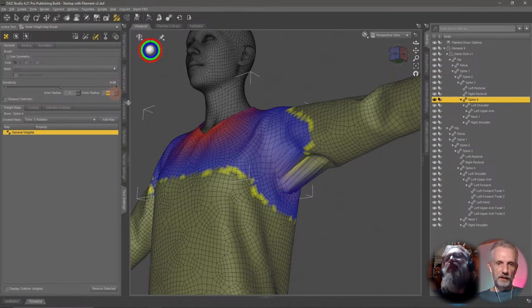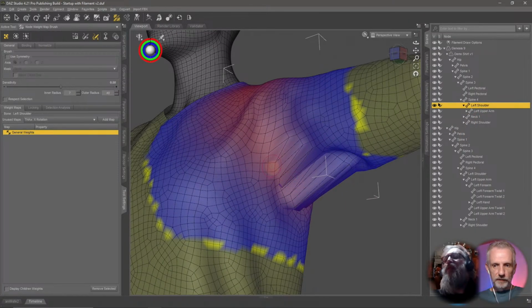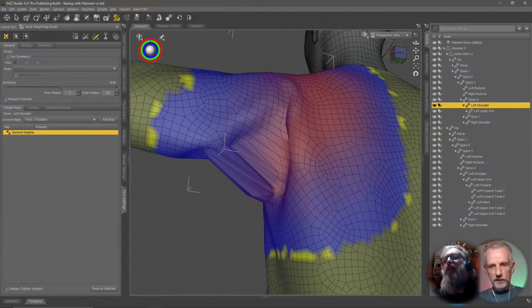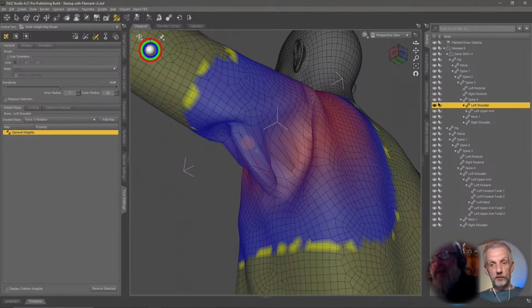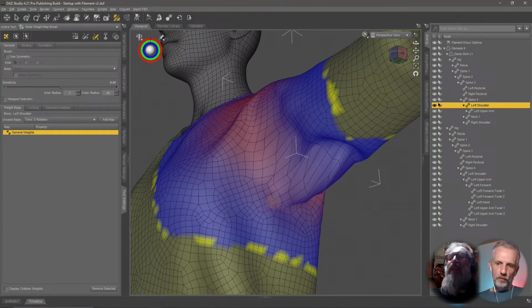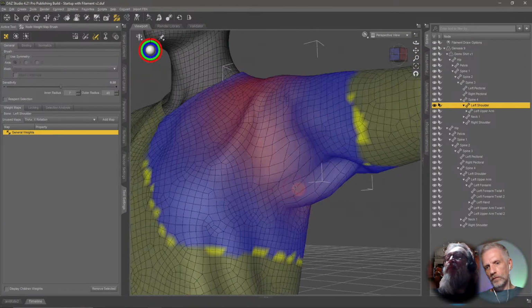I might make this a little larger here. Start with the shoulder, and just left click and drag over this to apply that, and we can see the ugly crinkles disappearing here. And the aim here is not to get it perfect. If it goes perfect, that's brilliant. That's great. Save yourself a little job. It is to get it close, and then the next stage is to correct it the rest of the way with a JCM